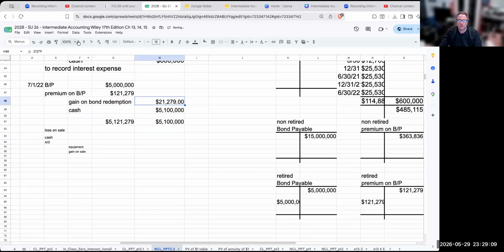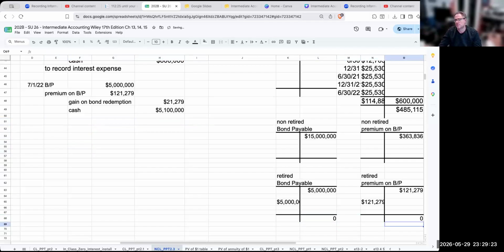And that's how we go through and look at this part of the question. So this is the fun of intermediate accounting. But when I'm redeeming this bond, I want to use the T accounts because this is going to make it a lot more simple for me. Okay. Now let's just keep on going.